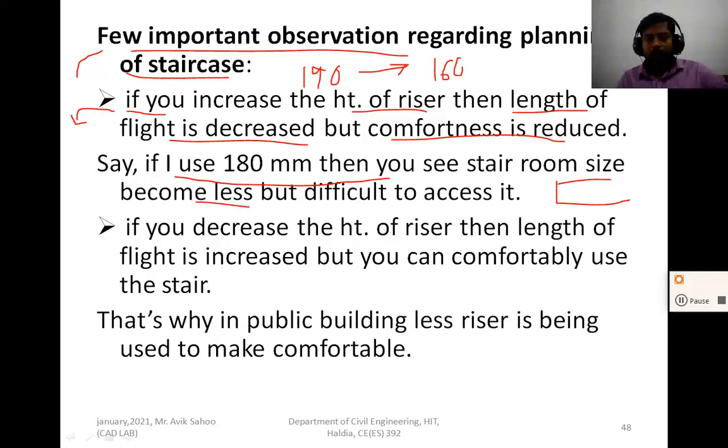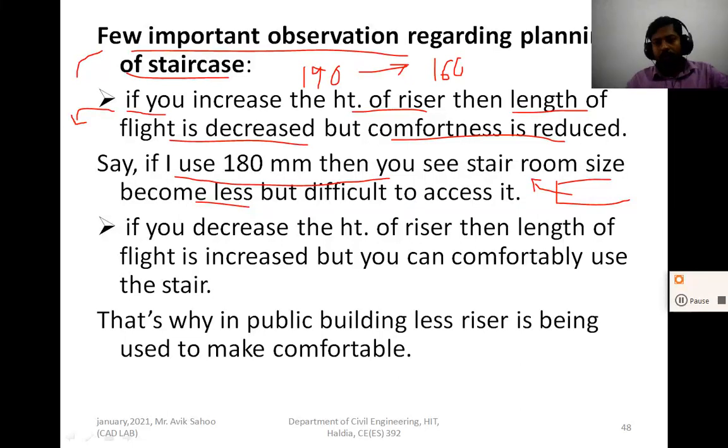So less space is required for making the stair room. You can utilize or save the space, but the comfort is reduced.